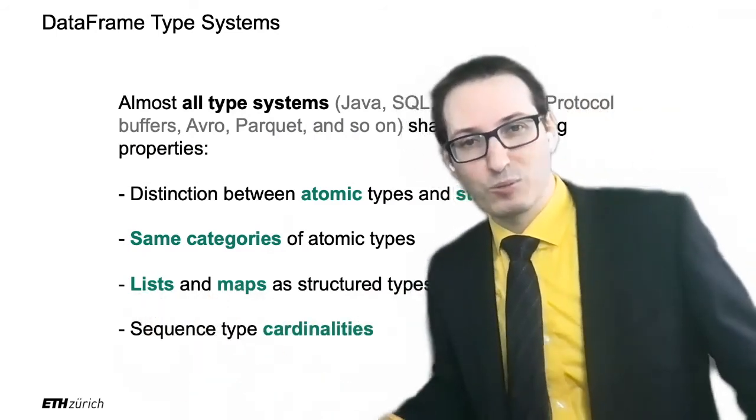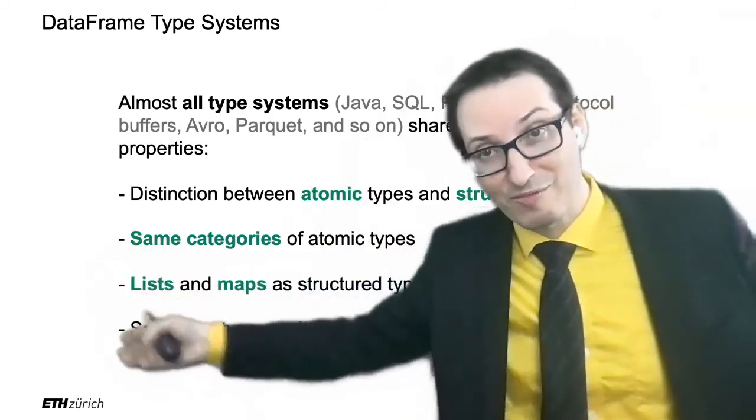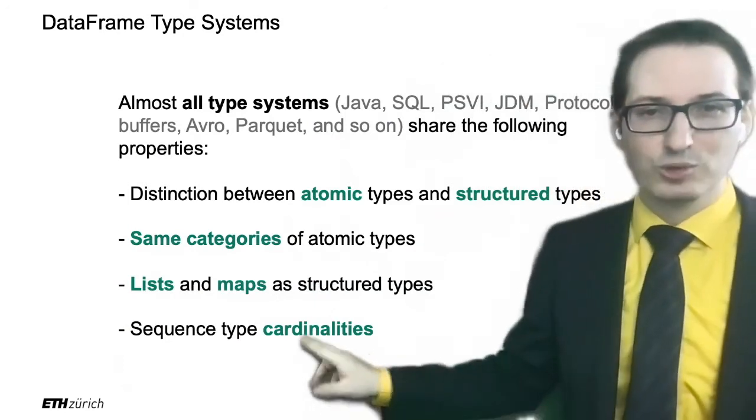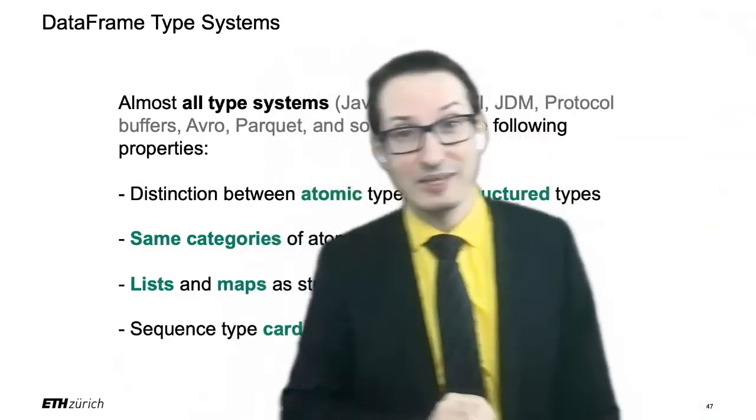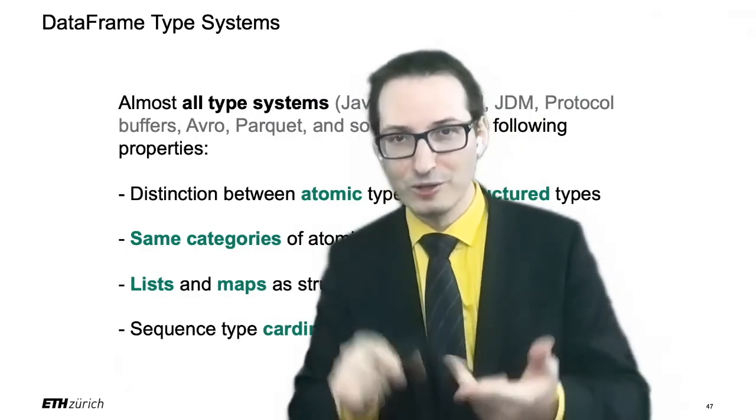And finally, we can have sequences of objects. Maybe not in Java, but in SQL, you can have tables that have plenty of tuples. And then you have the notion of cardinality. What is it, cardinality? Well, it's one value, one or more values, and so on.